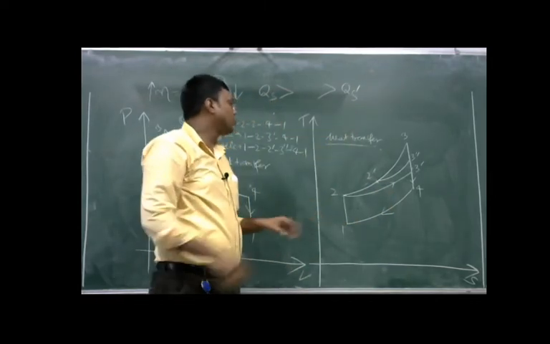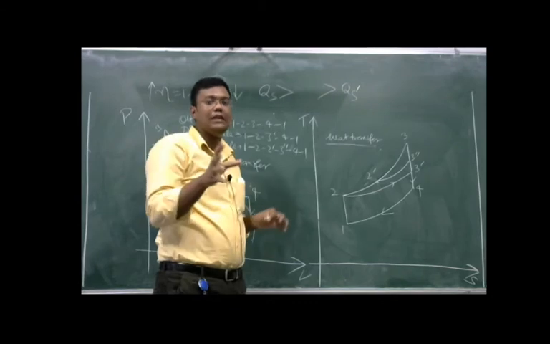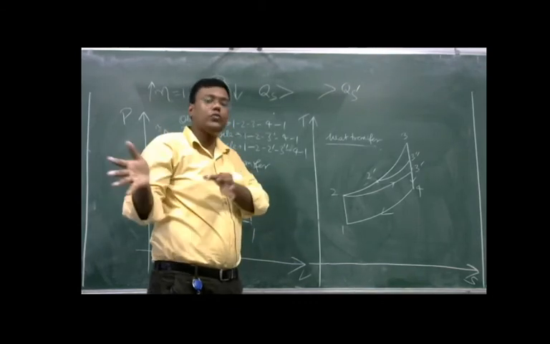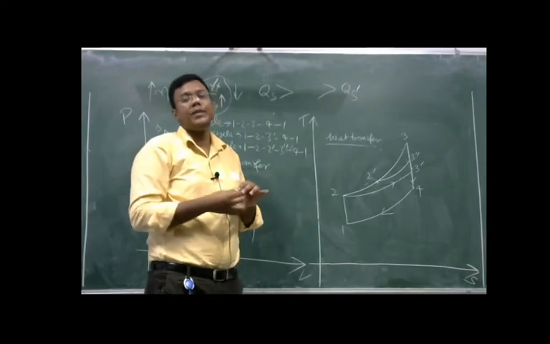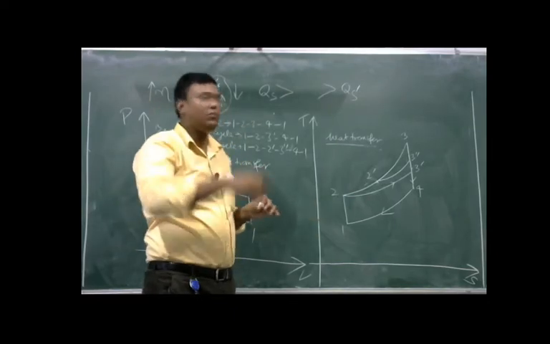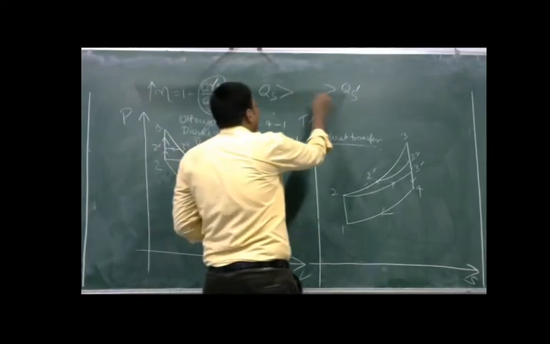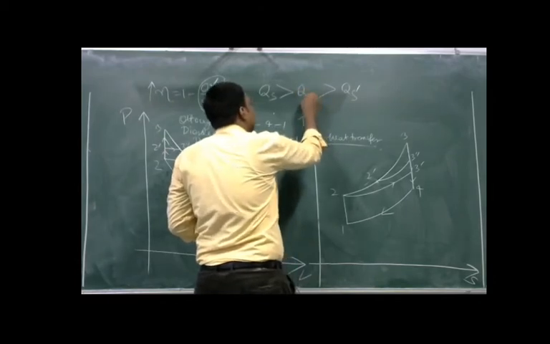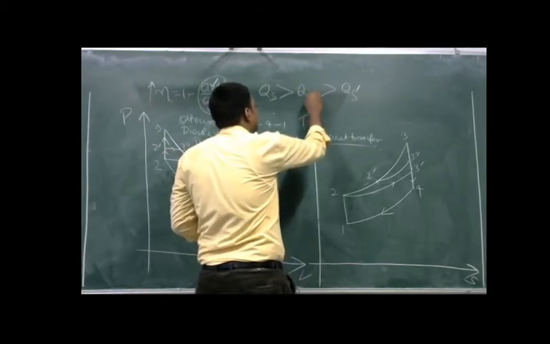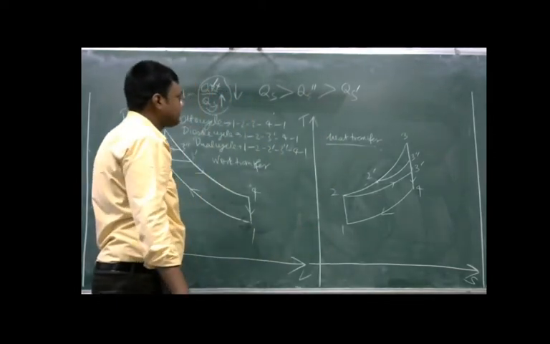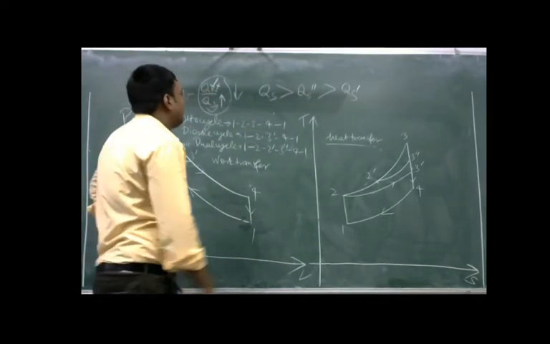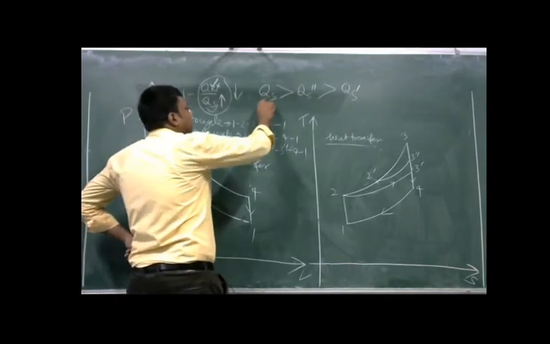For the dual cycle, I have already told you that the dual cycle always comes between the Otto cycle and the diesel cycle. So first decide for the Otto cycle and the diesel cycle, then keep the dual cycle between them. I am representing the heat addition for the dual cycle by QS double dash. Here we can see that for the Otto cycle heat addition is maximum and for the diesel cycle heat addition